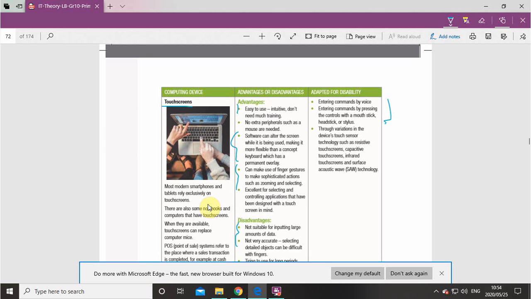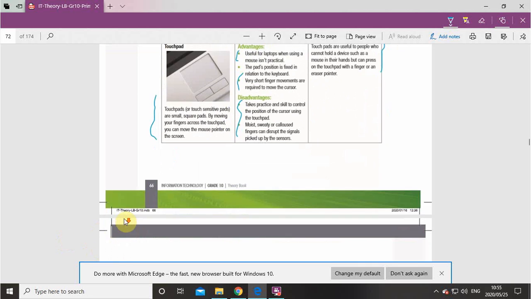Then we've got again adaptation for disability. So here we can enter commands by voice, entering commands by pressing the controls with a mouth stick, head stick, or stylus. And basically that is just like, if you can't use your hands, you can just attach a stylus, let's say, to your wrist, and then touch the screen with the stylus. Okay,